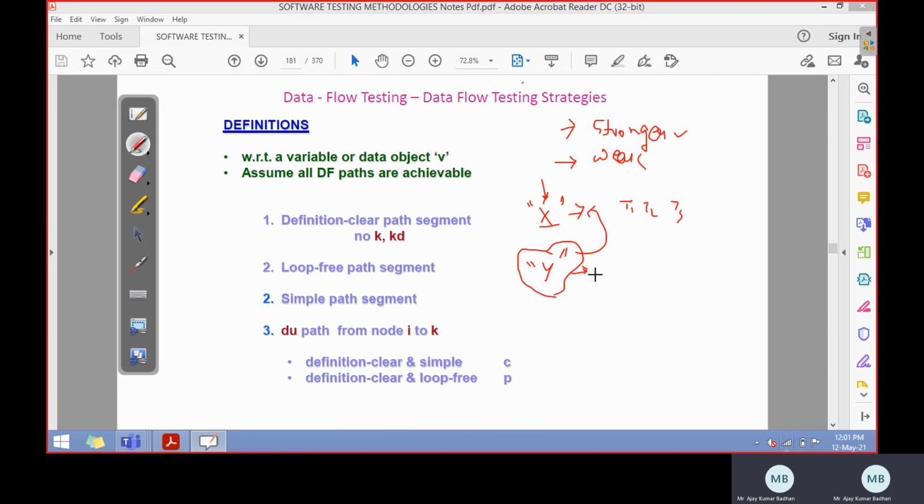Apart from that, whatever the strategies are, what are the test cases we are defining in this particular strategy called Y? These are also present, along with T4, T5, T6. So T4, T5, T6 are the test cases which we have in this particular strategy Y. But test case strategy X has its own test cases, that is T1, T2, T3. Apart from that, it also has the test cases of strategy Y.